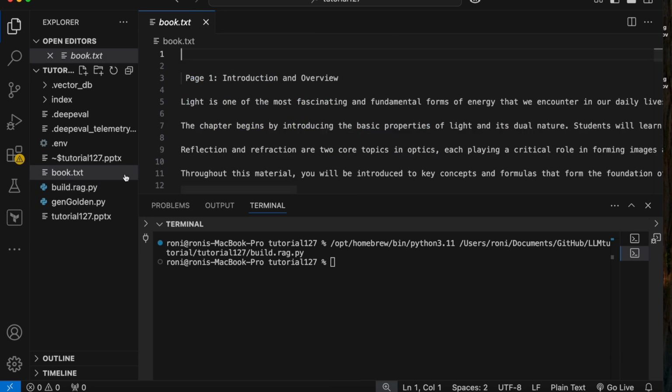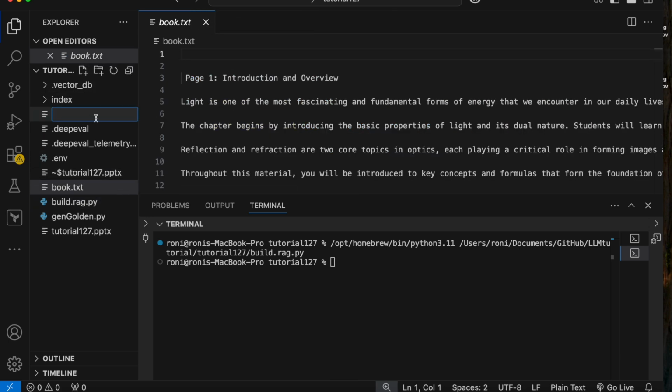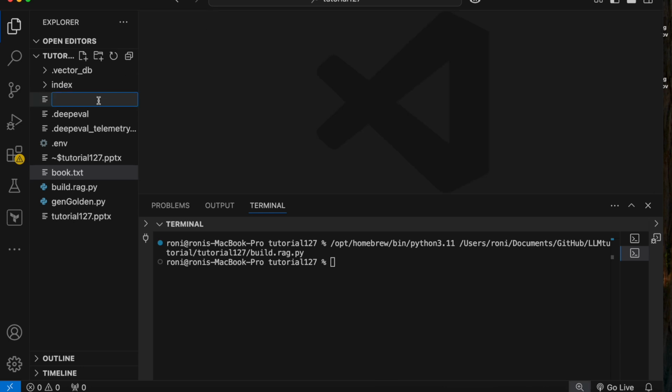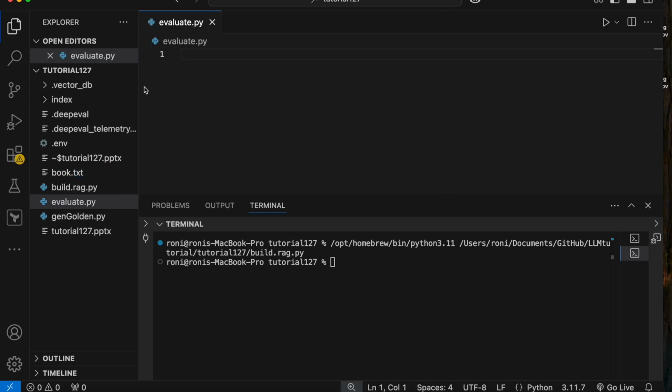Now we'll build our RAG, not exactly RAG. Now we'll do the strategy, the question answer strategy. This will be the actual evaluation of things, so that is the main part. I'll give a name, evaluate.py. A lot of new things will be discussed here. First thing first,